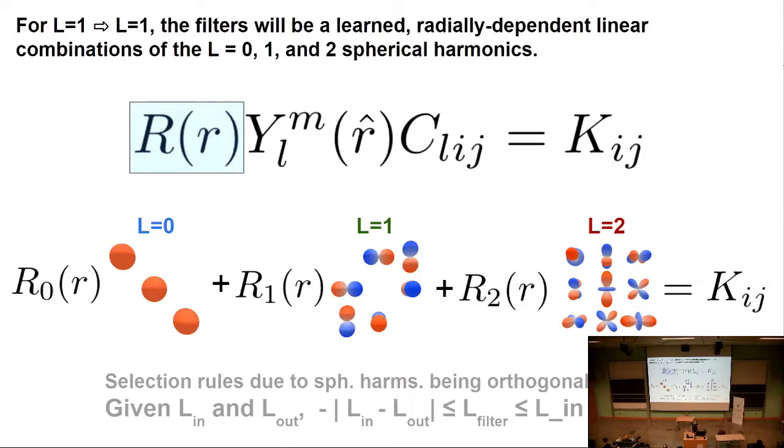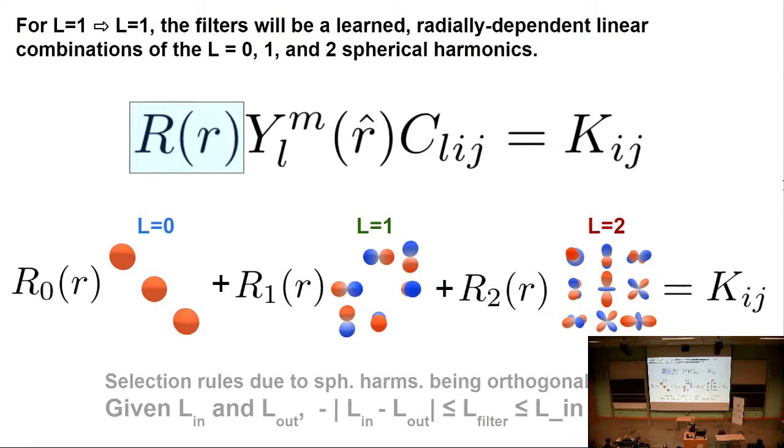So, illuminating a little bit on this, using our example, let's say I have an input of L equals 1. I need to apply some filters, and I want an output of L equals 1. There are specific selection rules for determining which L filters you need to go from one to the other, and I've written them down here, but feel free to completely ignore it if you don't want to read that.